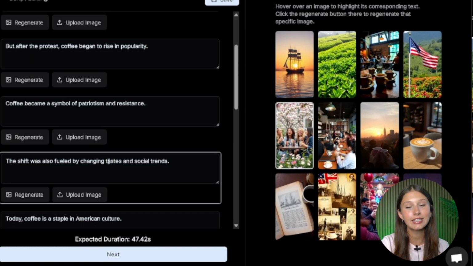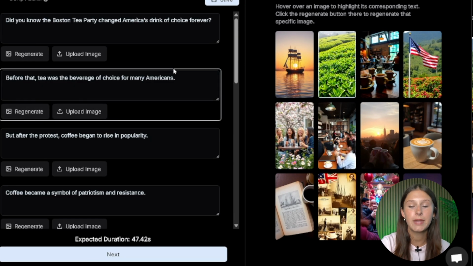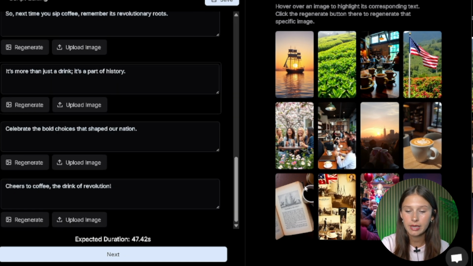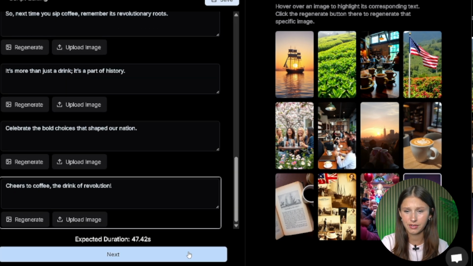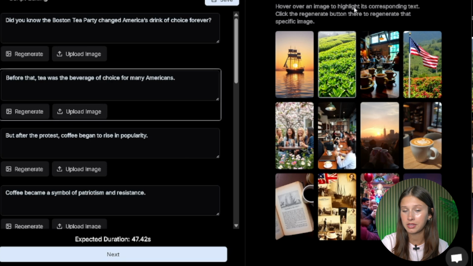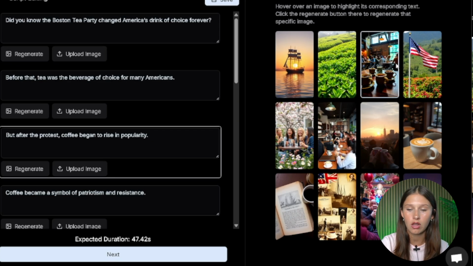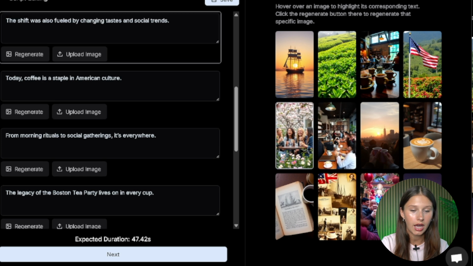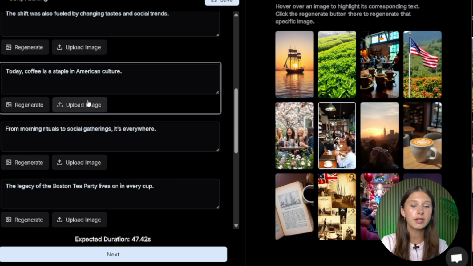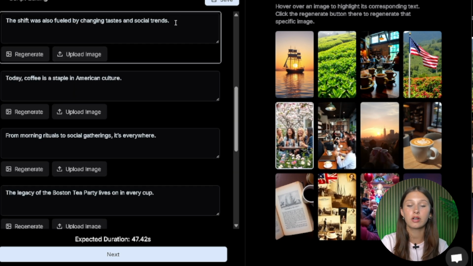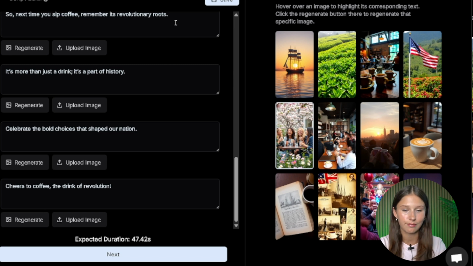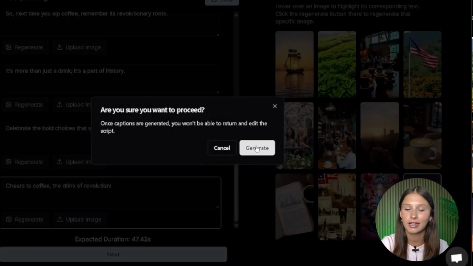Let's go. And then this is the time where I'd read through my script, make sure everything looks good, make sure all my images look good. I'm just gonna leave everything as is because it looks pretty good now that I just changed that one image. You can also see which part of the script goes along with which image over here, which I kind of like. That's a nice feature. And you always have the power to upload your own image or customize the script. I love customization features because I am a perfectionist. I could spend so much time just perfecting things, even though this is good. This is good. We're just gonna hit next and we're gonna hit generate.